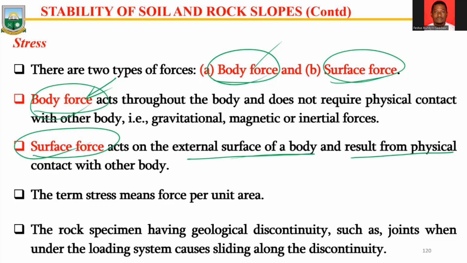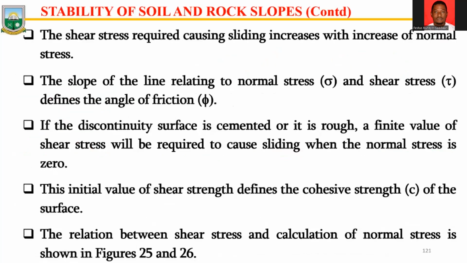So the term stress, as already established, is force per unit area. And the rock specimen having a geological discontinuity, such as a joint, when under a loading system causes sliding along the discontinuity. So the shear stress